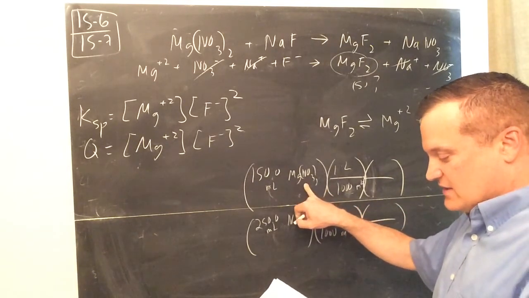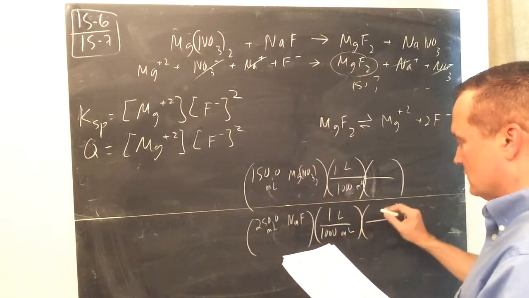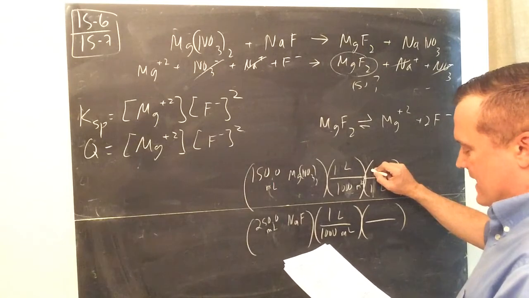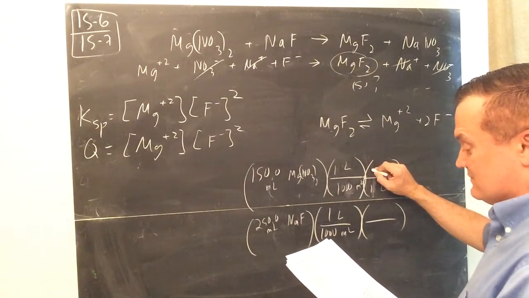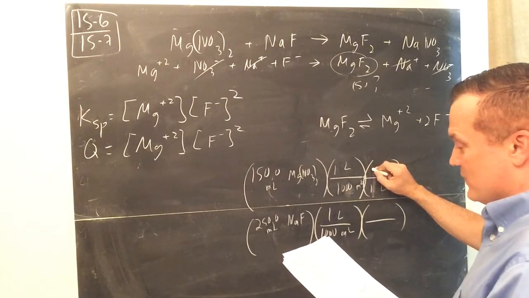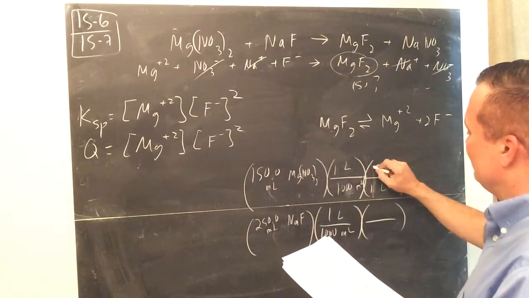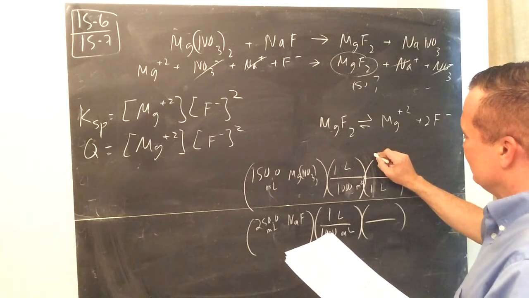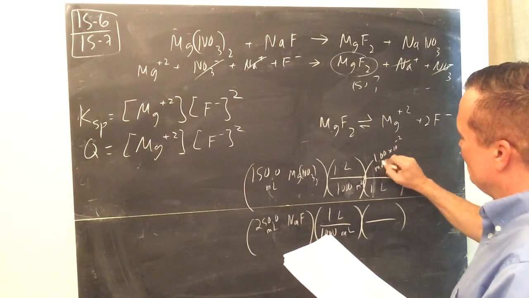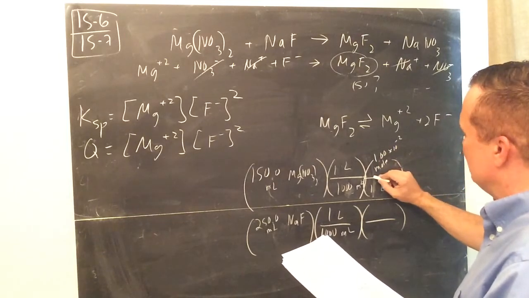For magnesium nitrate, it's 1 times 10 to the negative 2 molar. So I'll write the number down: 1.0 times 10 to the negative 2 moles of Mg(NO3)2